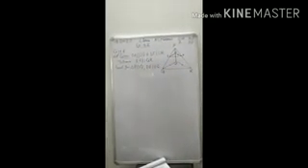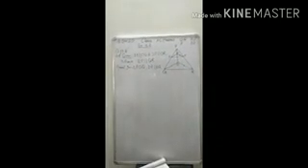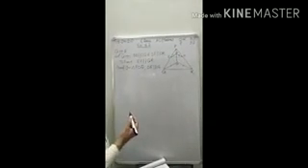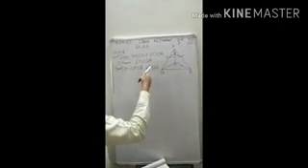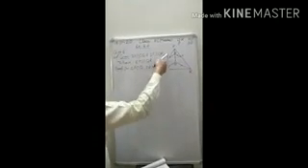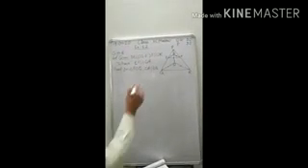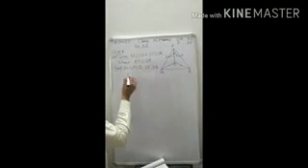This thing is given, so you will apply BPT here. You know that if in a triangle a line is parallel to the third side and intersects the other two sides, then the other two sides will be divided in the same ratio. So, as DE is parallel to OQ,